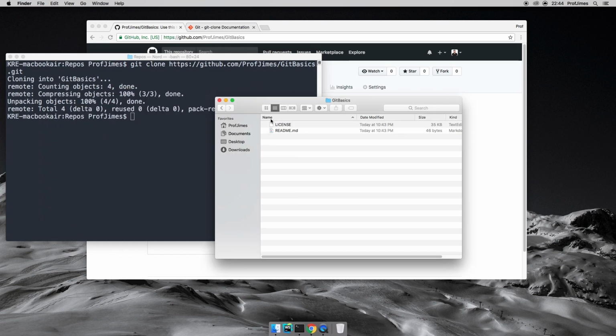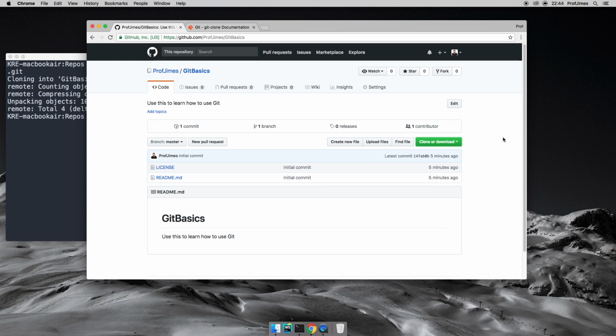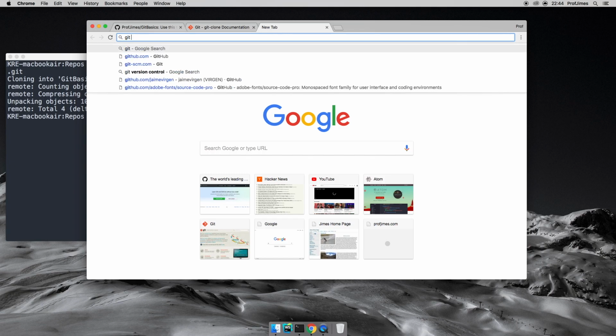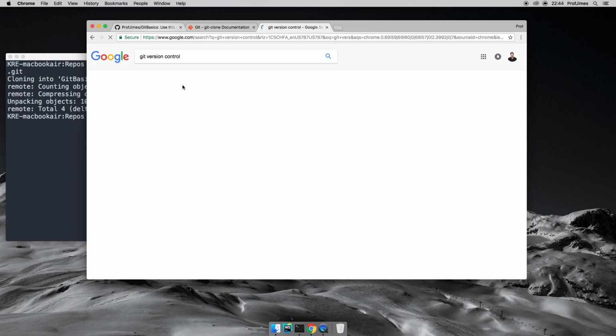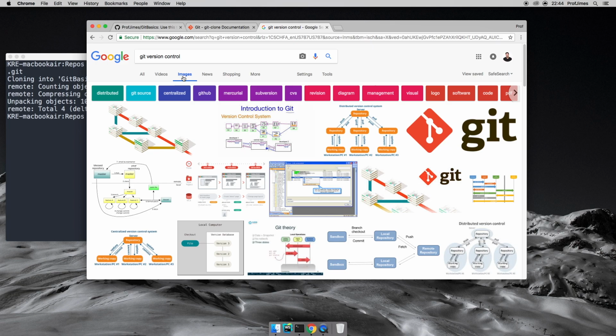Now, there's a Git flow for how you pull down, add changes, commit those changes, and send them up. And I'll show you how that's usually done. Git version control. And there is a really good